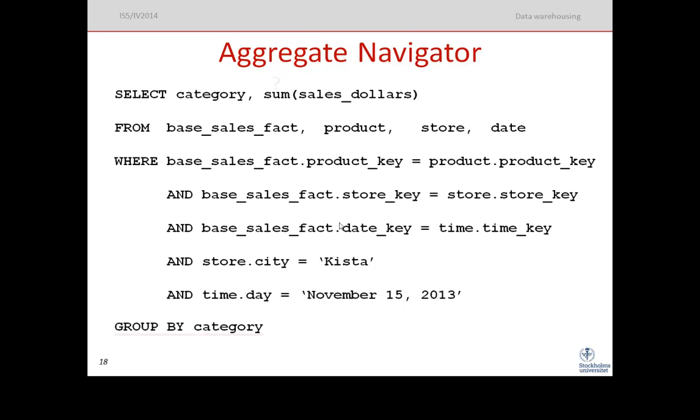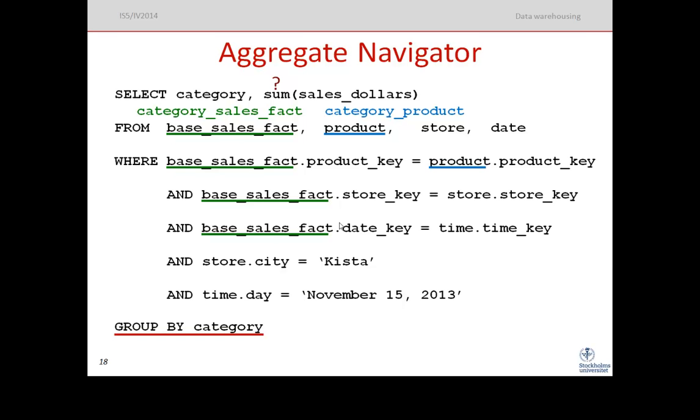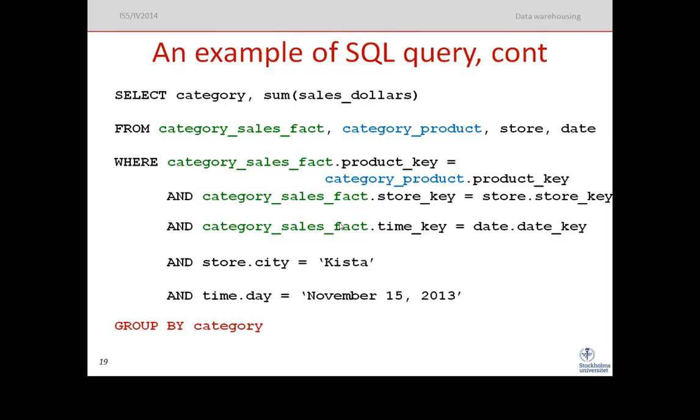So if we have a sum here, the aggregator will see that, okay, we have a sum, then we'll have a group by, and the group by is by category. And then it will access its metadata, and it will see that, okay, so instead of accessing the base sales fact table, we should access the category sales fact table. So we'll send this information to the DBMS. And instead of accessing the product dimension table, the aggregate navigator tells the DBMS to access the category product. So the aggregate navigator rewrites the query to use these new category sales fact and category product tables instead,